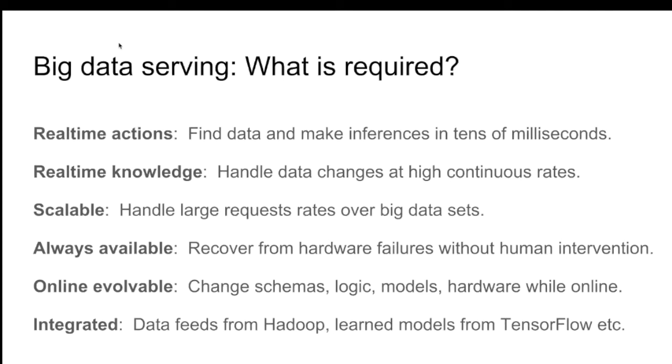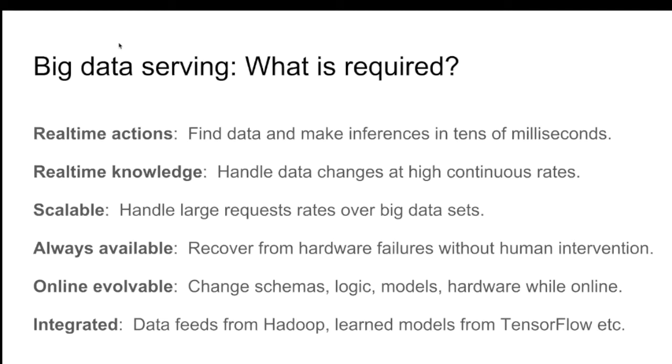Since you're taking actions in real time, you need really low latency. Typically, latency budgets for Vespa are around 100 milliseconds because it's for end users, and end users get impatient if it takes too long. We need to be able to act on real-time knowledge, so it needs to sustain a high write rate, typically tens of thousands of updates per second per node. It needs to be scalable because there can be lots of queries when they're coming from end users on the internet, and it also needs to handle a large amount of data, obviously.